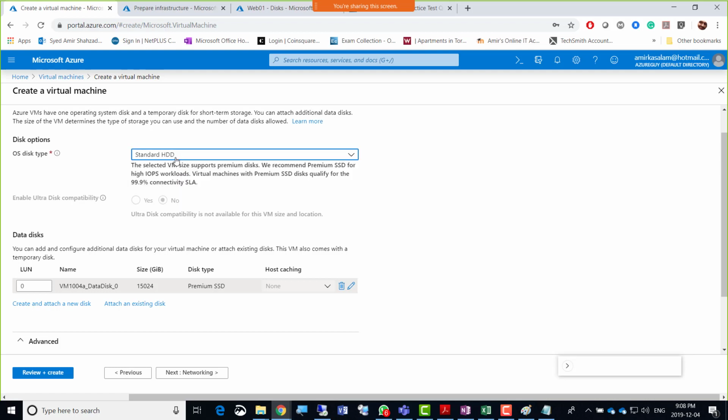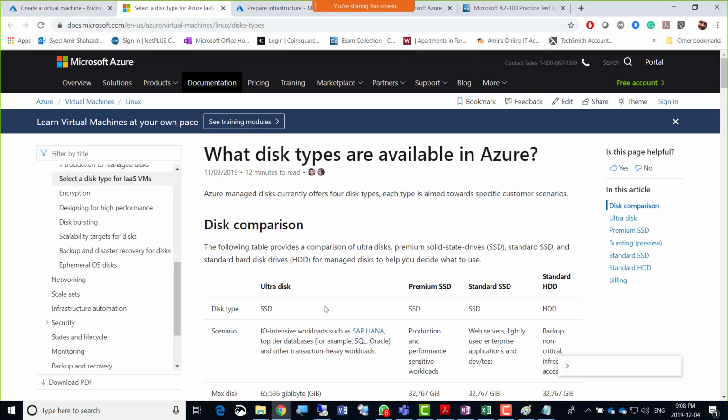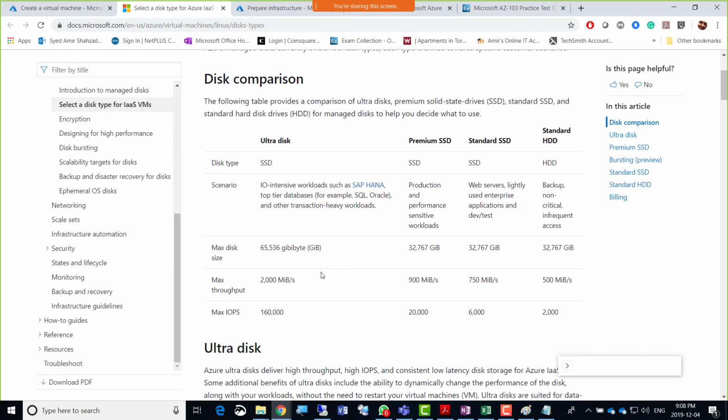So standard HDD, if we go for, we recommend premium SSD for high IOPS, but it is 2.00 IOPS, right? If we go for this and learn more, so just to confirm that scenario is this. So SSD, HDD. So IOPS is, yes, you're right, 2000.